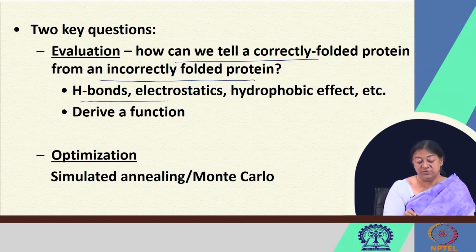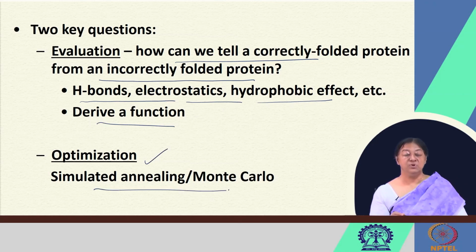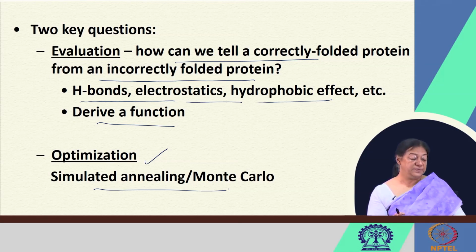So, we have all these hydrogen bonds, electrostatics, hydrophobic effect, we derive a function, we do optimization, simulated annealing and the Monte Carlo methods that are going to tell us that yes, we have a folded structure that is going to help us in determination of the function or further characteristics that we would like to know about